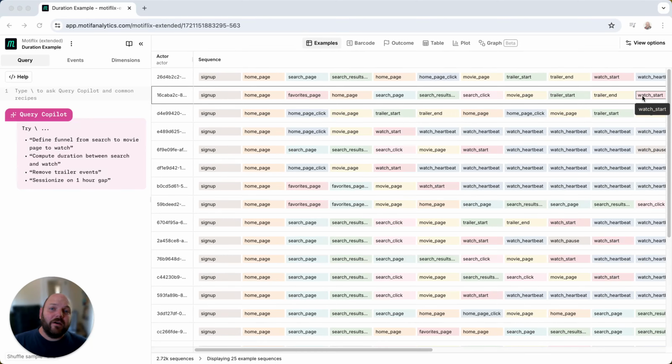This is an example of how to calculate duration in Motif. We're working with the Motiflix dataset, which mimics the kind of events you'd see with a video streaming service. Today we're looking for the time it takes to get from a search to watching a video on the streaming service. So I'm going to start with a match